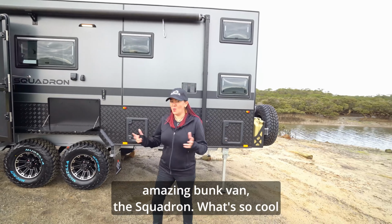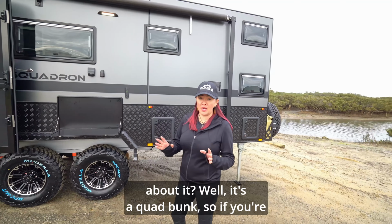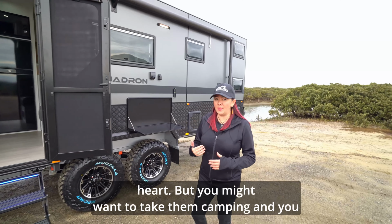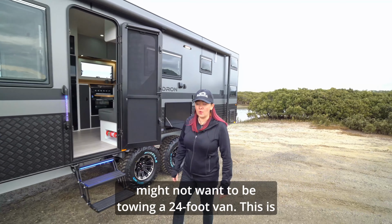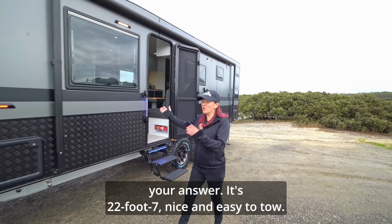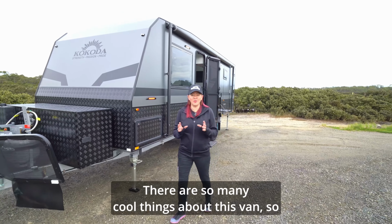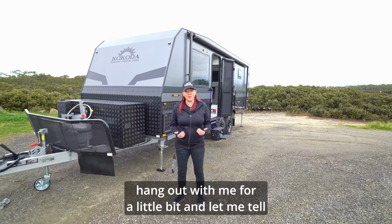van, the Squadron. What's so cool about it? Well, it's a quad bunk, so if you're brave enough to have 4 kids, bless your heart, but you might want to take them camping and you might not want to be towing a 24-foot van. This is your answer. It's 22'7", nice and easy to tow. There are so many cool things about this van, so hang out with me for a little bit and let